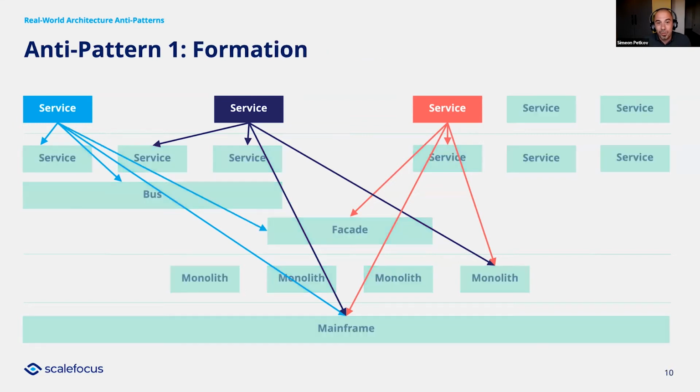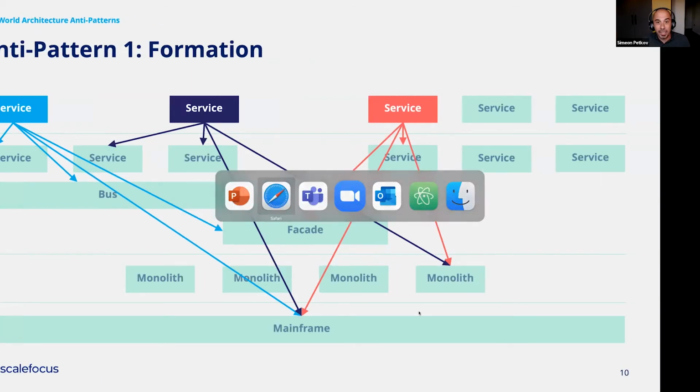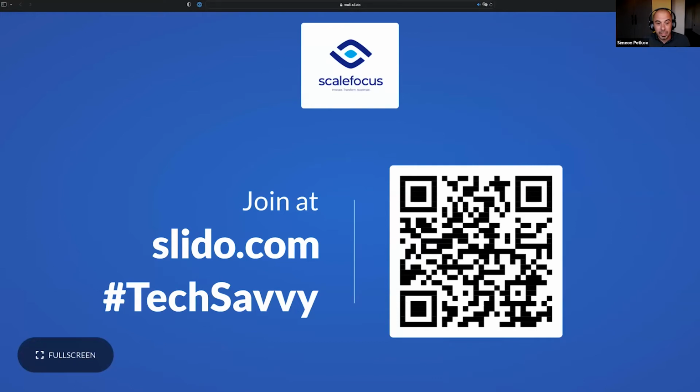We can do a discussion and see if we already have some input coming in on this part of the presentation, to see if we can have it a little bit more interactive. I'm just going to give it a minute or so on Slido to see if we have something coming in as questions. If not,